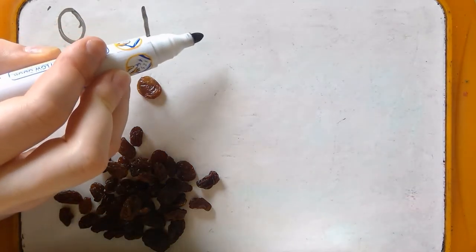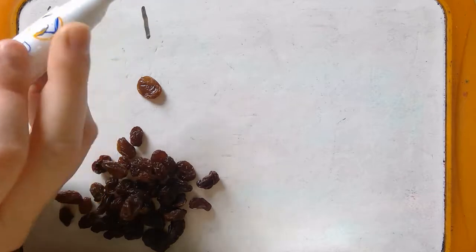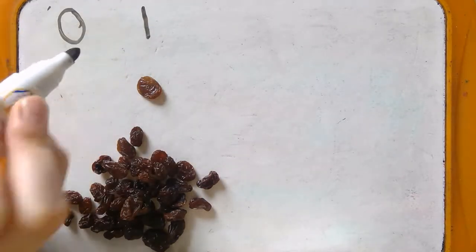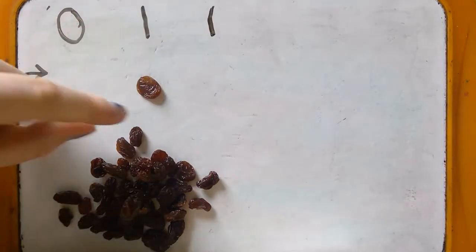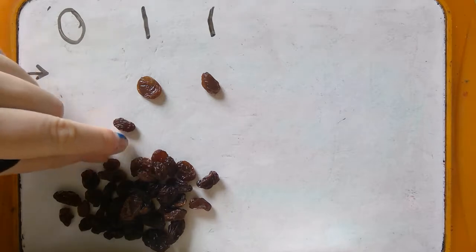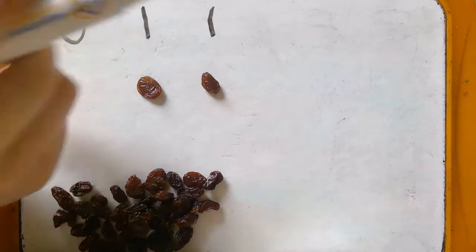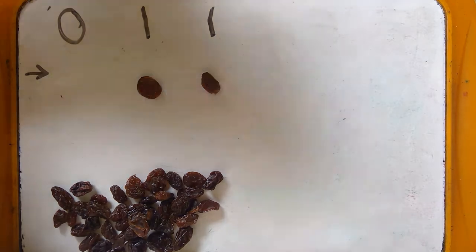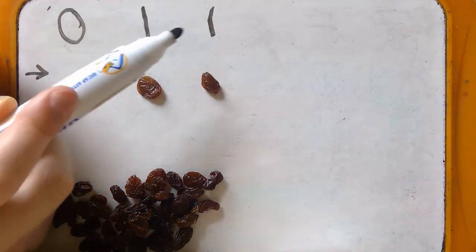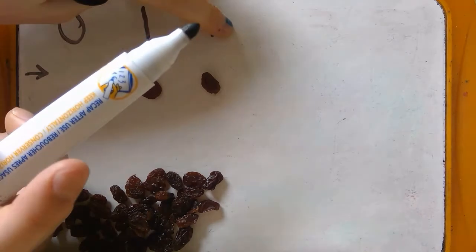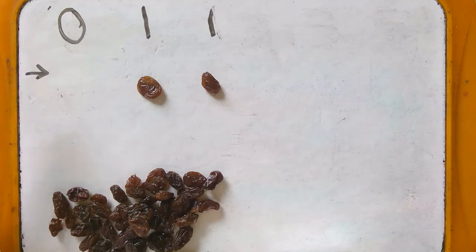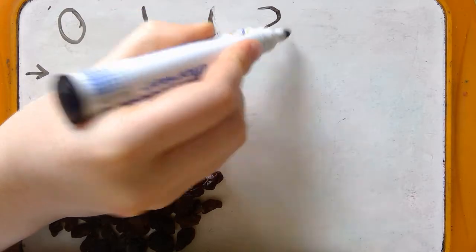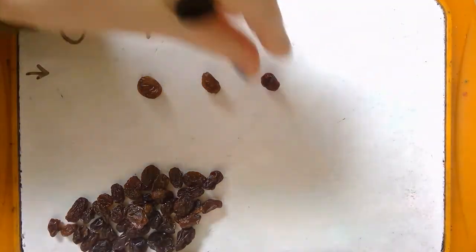When we're trying to work out our next number, we have to add the last two numbers together. 0 raisins plus 1 raisin equals 1 raisin. So let's put 1 there. Now, when we're trying to work out the next number, we have to add together the last two. So the last two numbers in the sequence, oh dear, I've just made a little mistake. The last two numbers in the sequence are 1 and 1. And you all know 1 plus 1 is 2. So the next number is 2. So let's put 2 raisins